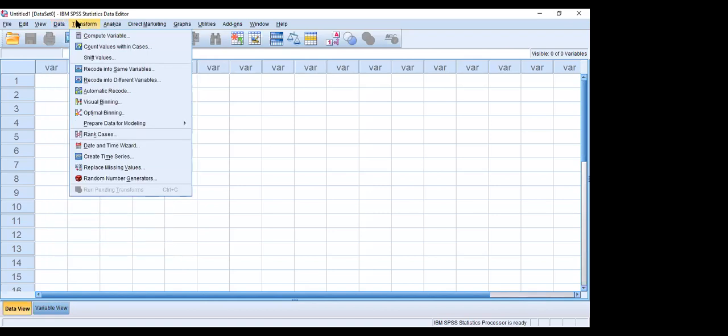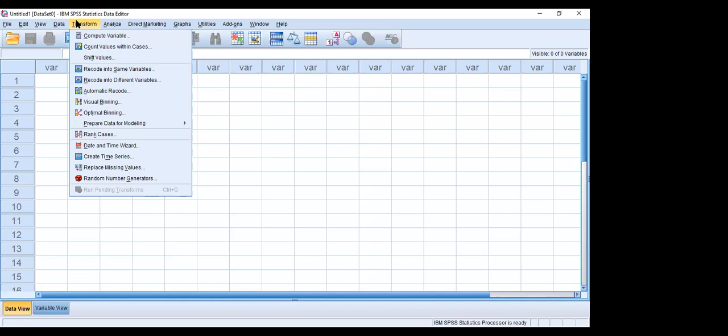Then Transform is mainly for manipulating your data. Suppose you want to compute a new variable. For example, you collected the number of persons in the household and their monthly income, and based on this information you want to calculate per capita income.